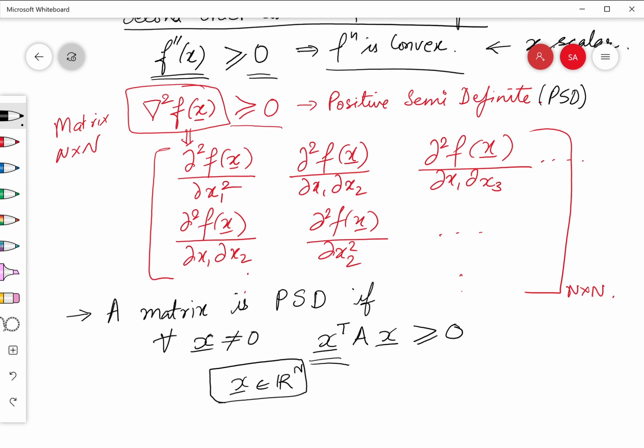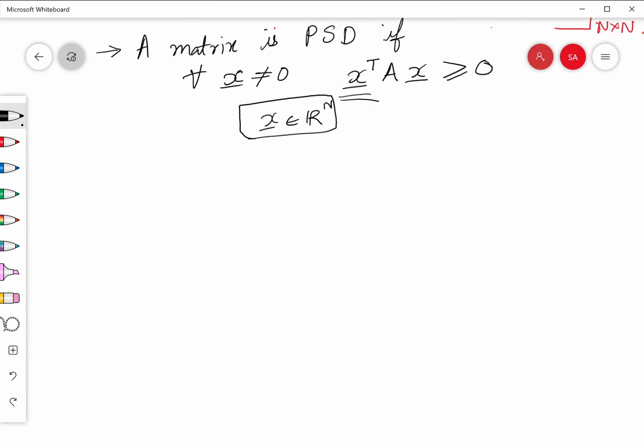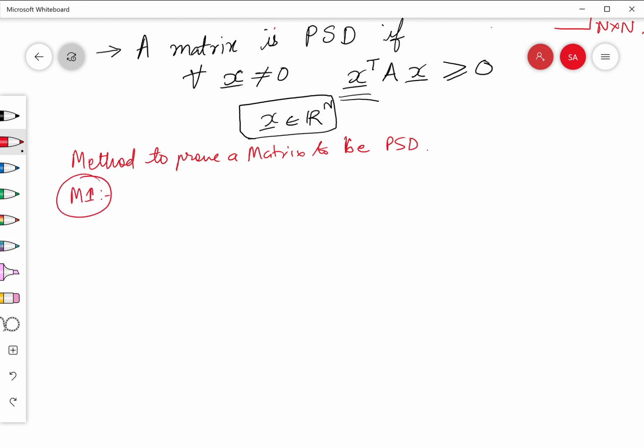Now there is another way of proving a matrix to be positive semi-definite, and there are a few shortcuts to prove a particular function or a particular matrix to be positive semi-definite. I'll talk about three methods here. So the first method to prove a matrix to be positive semi-definite, method 1, is